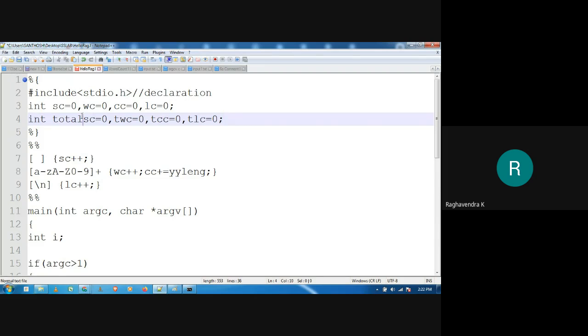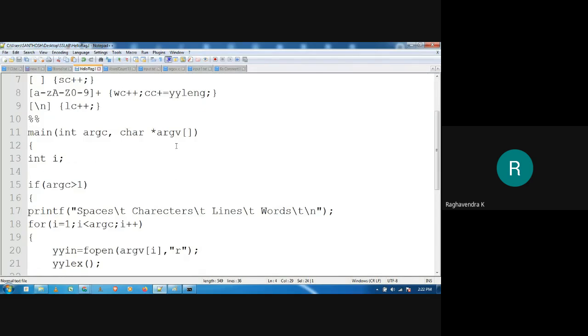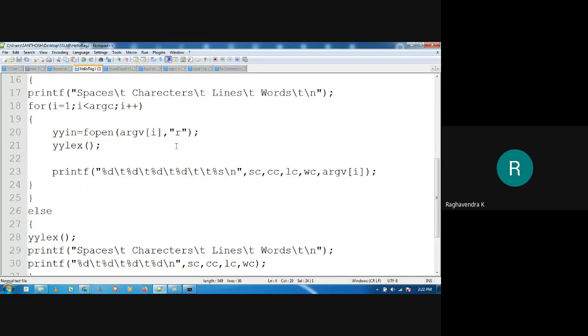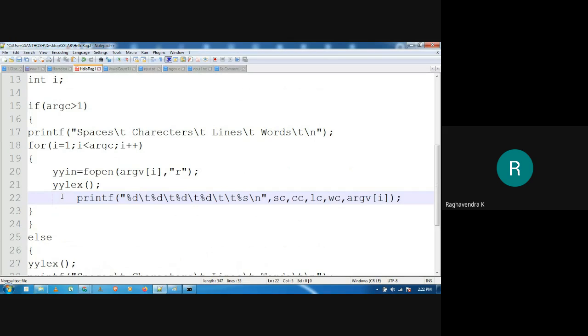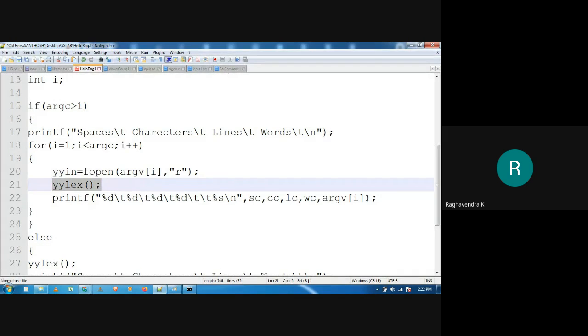Right? So then what you need to do is, when you are done with one file, you're supposed to increment the value of these. So for every file, Lex will increment the count and print it.